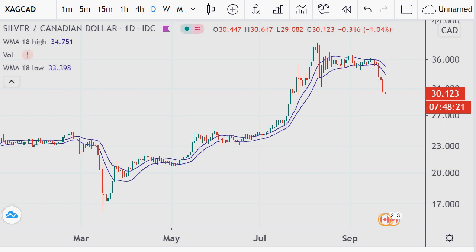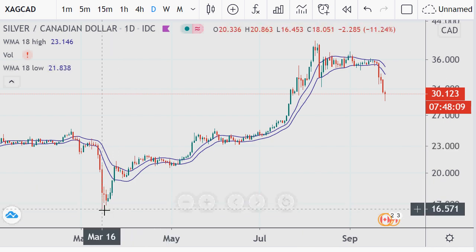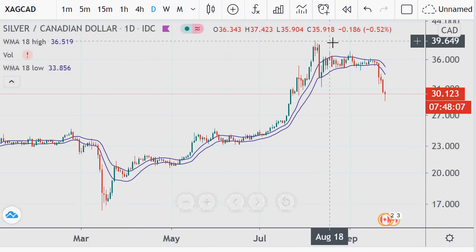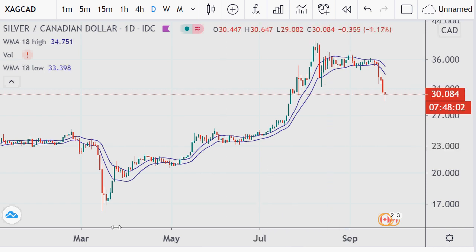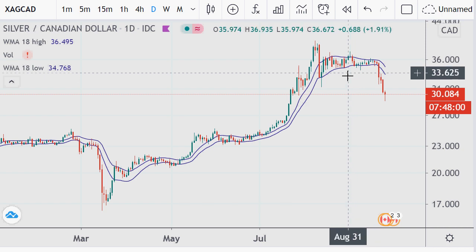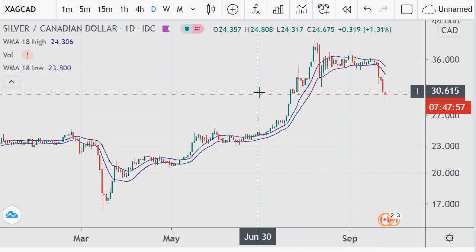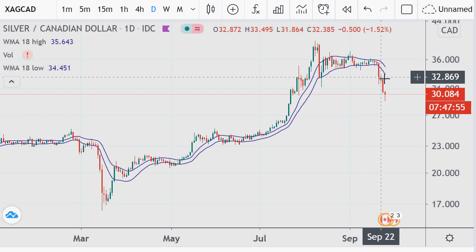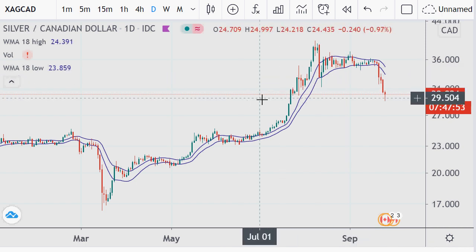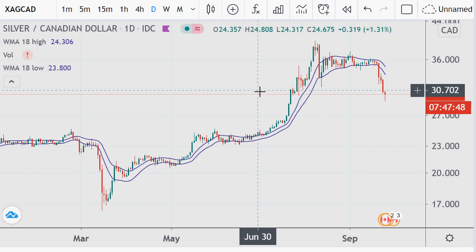In this video, I'm going to be going over the silver charts in Canadian and then US dollars. I'm going to use the Fibonacci here from this key low to this key high, and I'll draw some horizontal rays in on the market. High divided by low to the root of the Fibonacci percentage, 0.618 and so on, and then multiply the low again. That is the mathematics I use to calculate exponential Fibonacci.